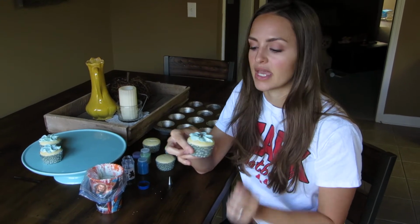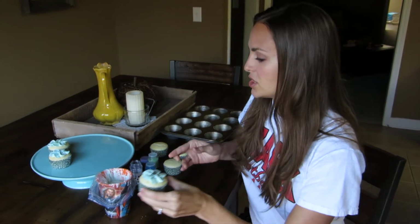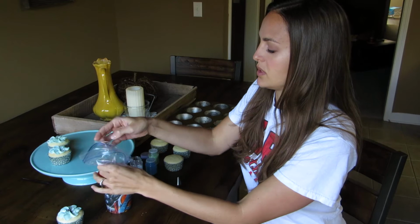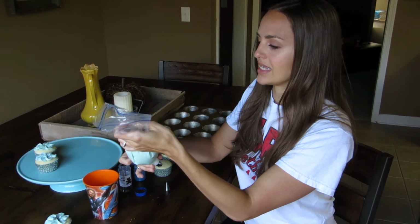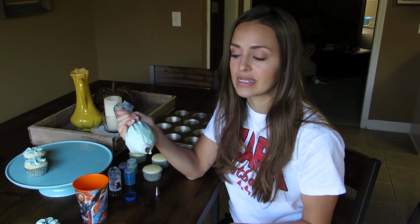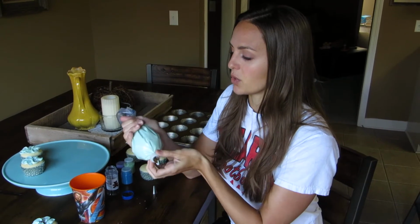They're really good for cupcakes and they're not too hard. So I think that's a good thing to learn. So I'm going to show you the easy little tutorial to do it. I like to use just regular old quart-sized Ziploc bags, even though you can buy special piping bags like at Hobby Lobby, but I just don't think it's worth buying them because I think the quart-sized bags work